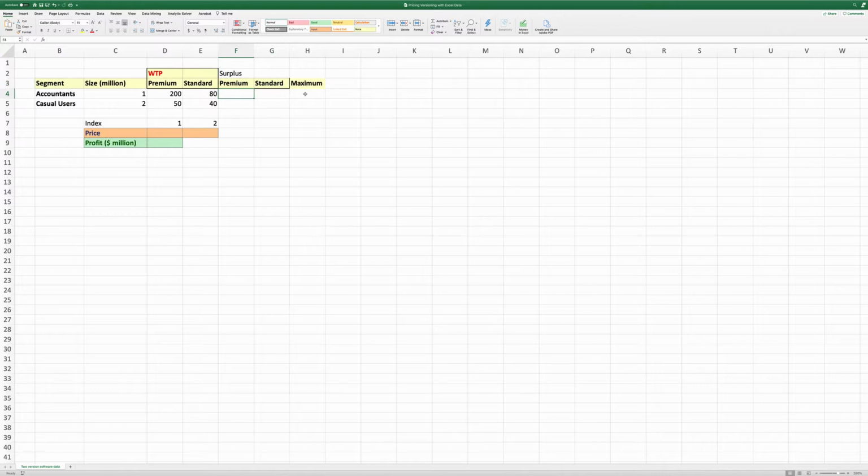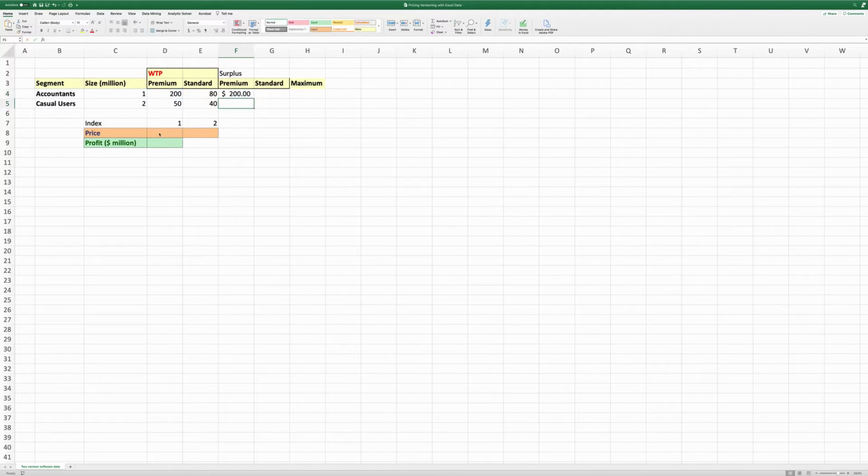So for Premium, the surplus is equal to the willingness to pay minus the price that we put here. In order to make this formula easier to copy around, we are going to lock it down in row